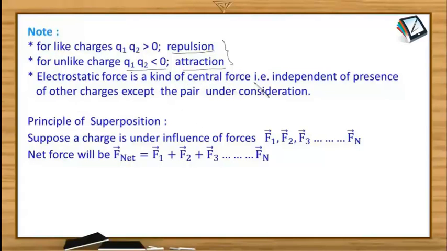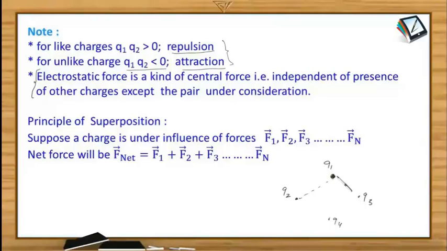Electrostatic force is a kind of central force, i.e. independent of presence of other charges except the pair under consideration. So this statement needs a lot of clarification. What is the meaning of this sentence? Suppose here it is a charge Q1 and the charge is Q2. One more charge is there, Q3, and suppose one more is there, Q4. And if we talk about the total force acting on this object having the charge Q1, then